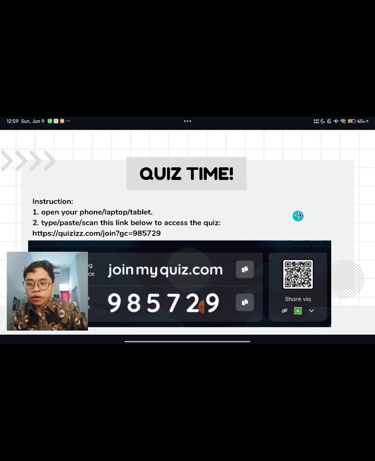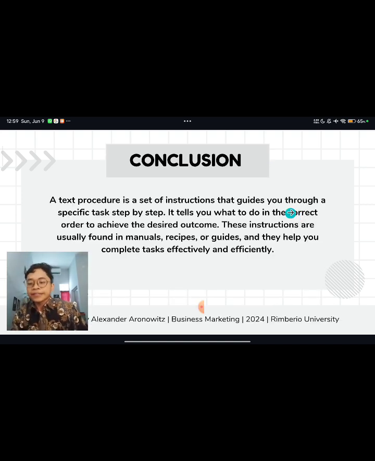Okay, and then we have reached the conclusion. The conclusion of this material is a text procedure is a set of instructions that guides you through a specific task step by step. A text procedure tells you what to do in the correct order to achieve the desired outcome.